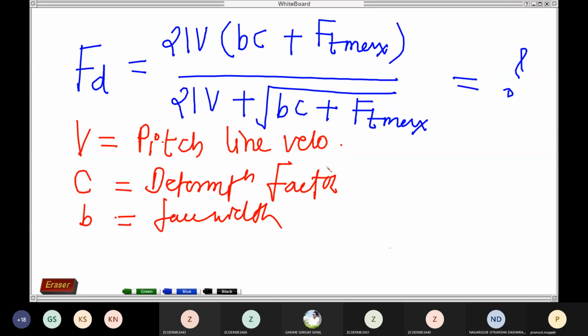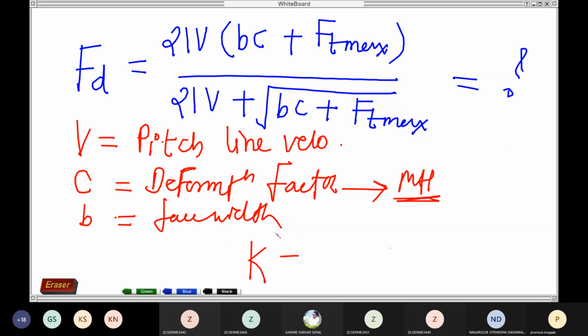Now here a new term is introduced, that is deformation factor. Now what is that deformation factor? The name itself indicates deformation, meaning the part or product is going to deform. So if the product is going to deform, then our role is to avoid that deformation. So how can I avoid that deformation? By using material only. If the material is aluminum, then there is a deformation. If the material is steel with proper thickness, no deformation. Understood? So this term is again related to the material point of view,